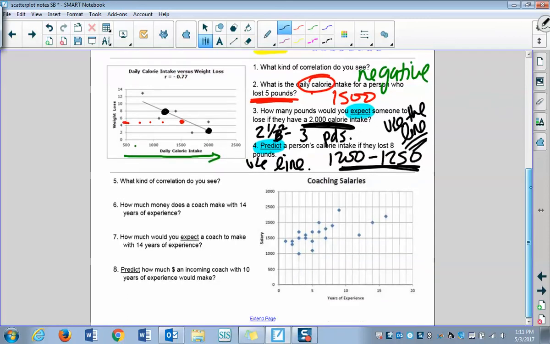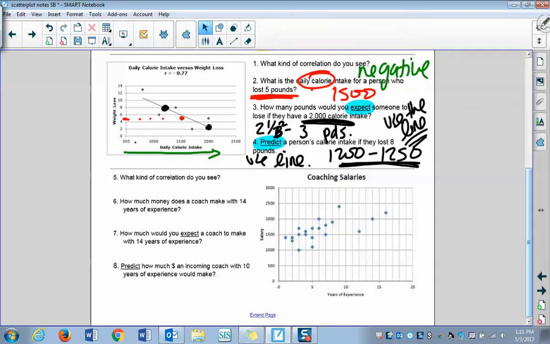Let's look at this next one. All right, what type of correlation? Are we going upward? Are we going downward? Are we staying constant, or is it nada? So if you look, it's kind of an upward trend, so it would be a positive